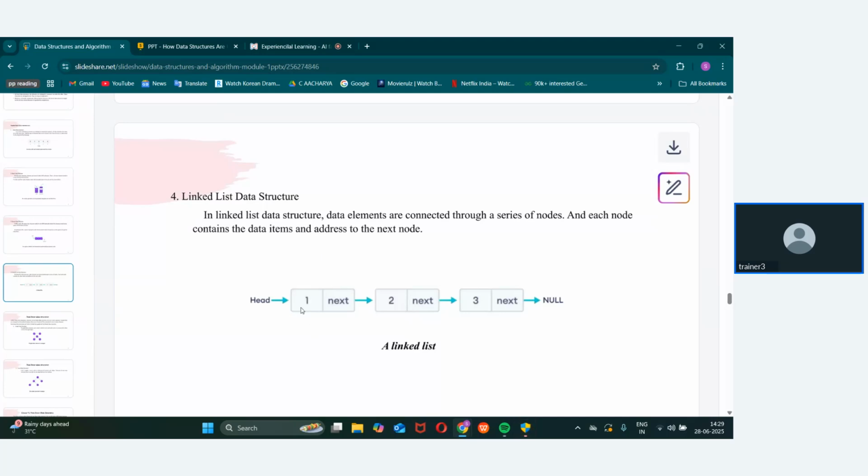So within a linked list we have two parts, where the first, the header, contains the address of the next node, whereas